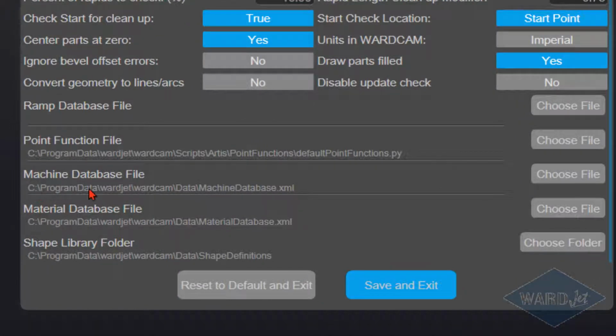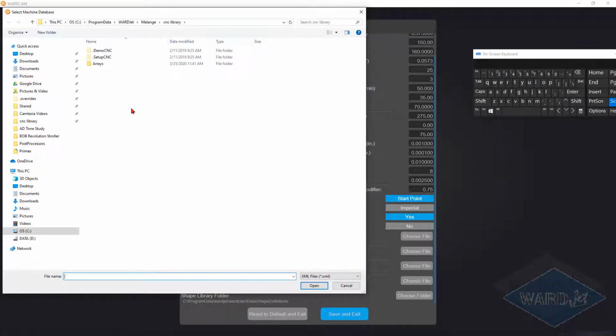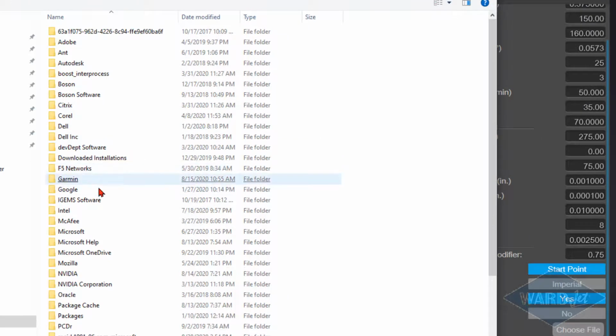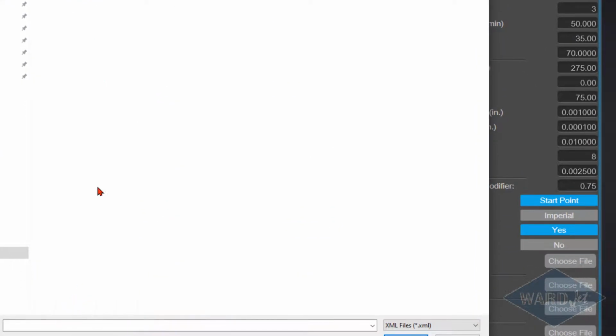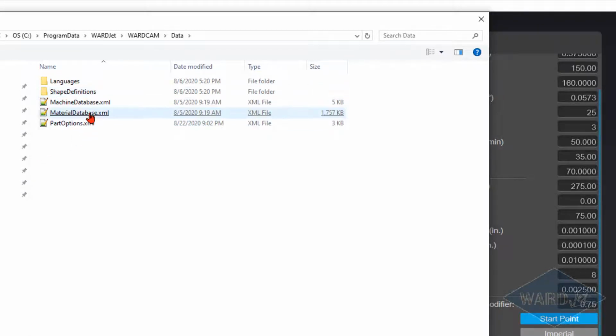So you just want to navigate to that location and copy both of those files over to the corresponding location on your new computer. So if you click on choose file, just open up Explorer and then you can navigate to that. So it's usually C, ProgramData, WARDJet, WARDCAM, and then under data is your machine and material database